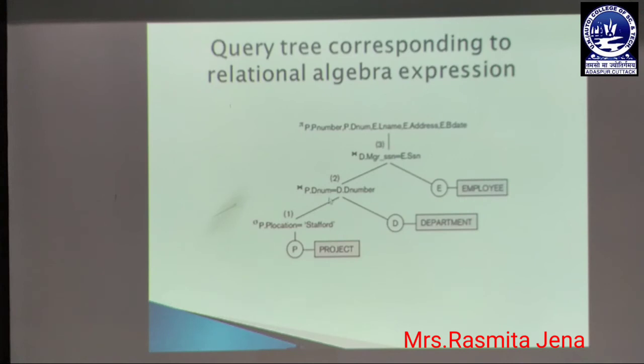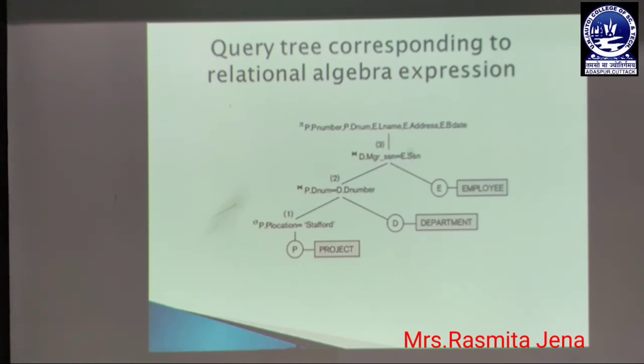We perform the join on the result generated by the select operation with the department table, where the condition is P.D num equals D.D number. Then whatever result we get is joined with the employee table with the join condition D.manager SSN equals E.SSN.